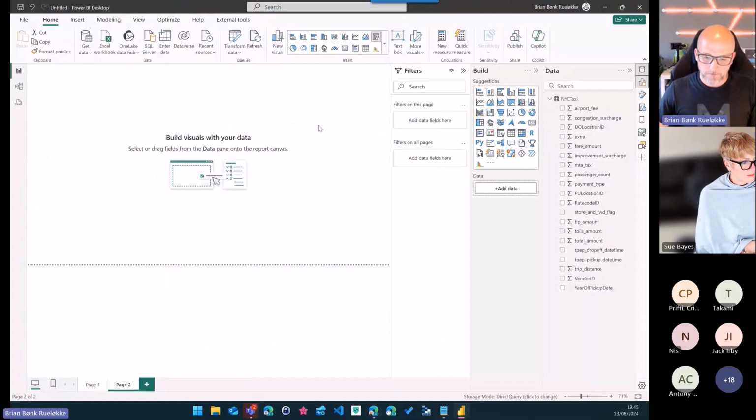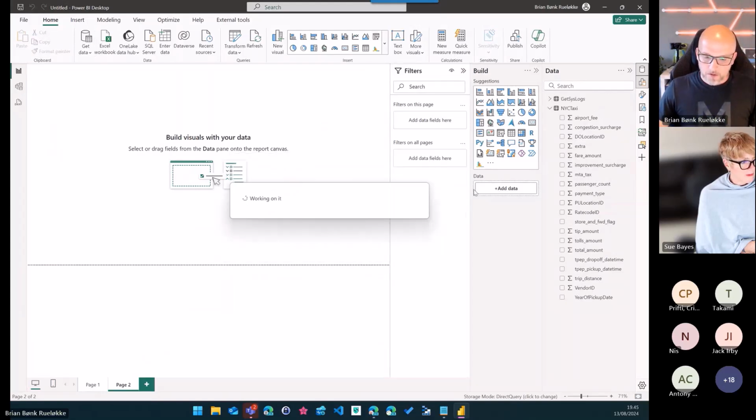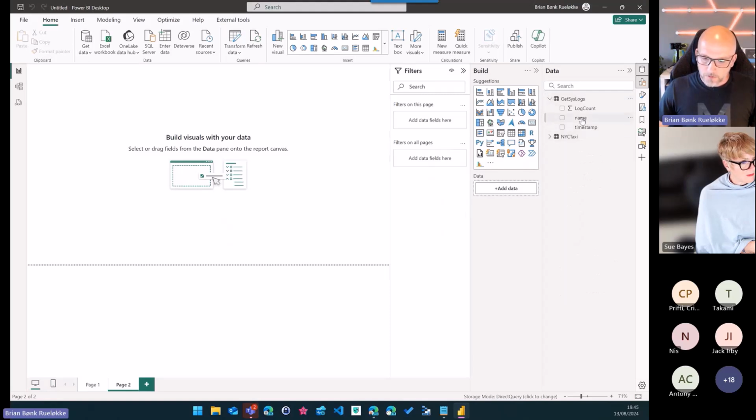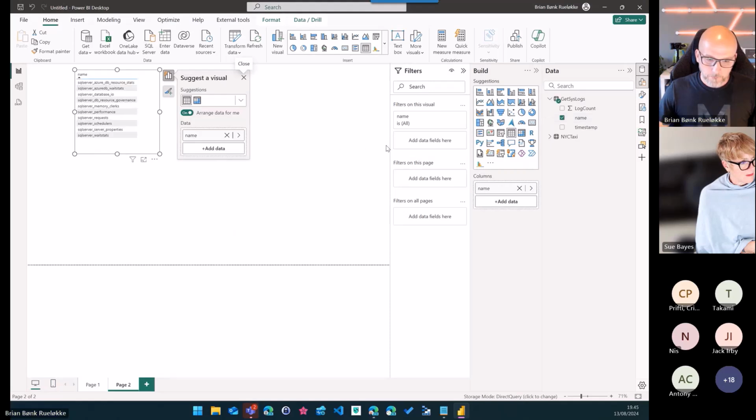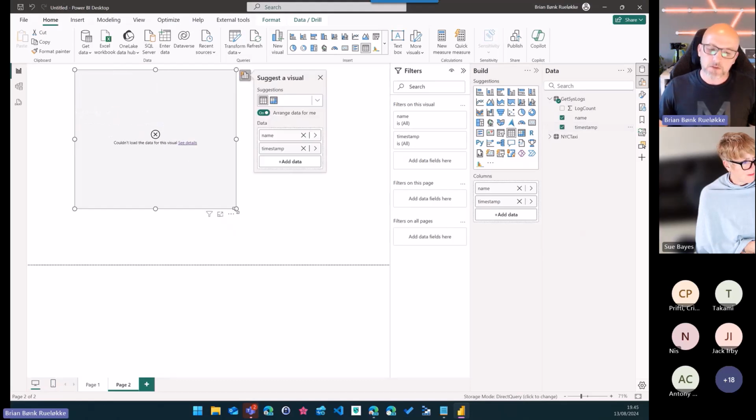Let me load that in without changing it. Hang on. There you go. Let me close that one. And then I can begin to put in objects here. The name, that's quite fine. I can put in the timestamp that we just saw. Uh-oh, what's happening? This is a standardized error from Power BI.